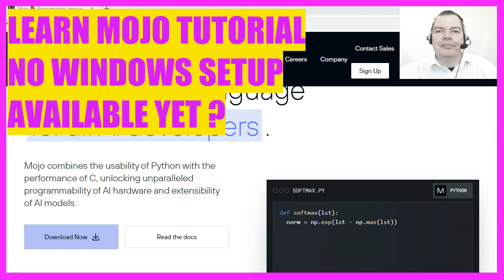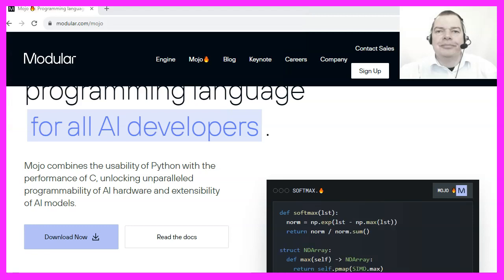In this video we are going to install the Mojo compiler and see if it works. So far we have talked about why Mojo might be the best choice that you can make right now, because, as they say on the website, it combines the usability of Python with the performance of C. That would be a great thing. So let's get started and go to the website